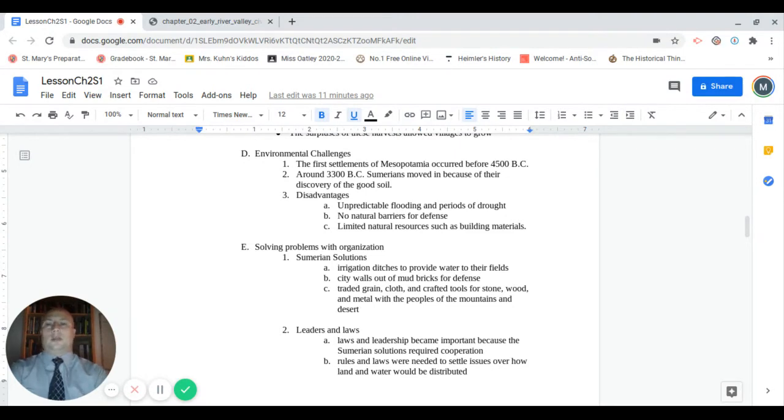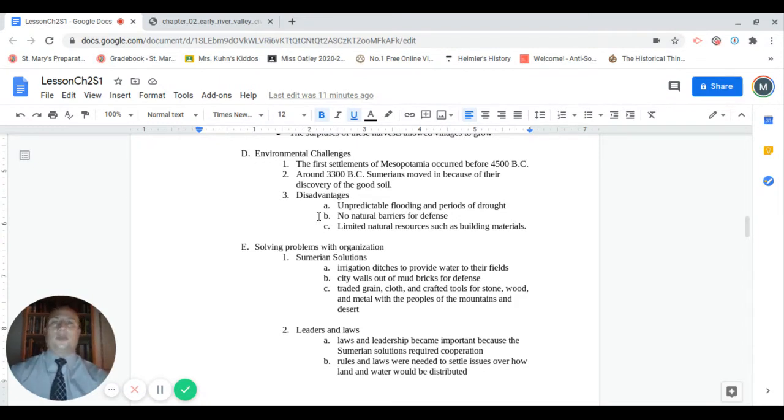Now let's talk about some of the disadvantages here. There were floods, but the problem was the flooding was unpredictable. You just didn't know how much it was going to flood, and you didn't know exactly when. So it made it really difficult to plan out when we were going to grow our crops, when we were going to plant them, when we were going to harvest them. The second disadvantage is that